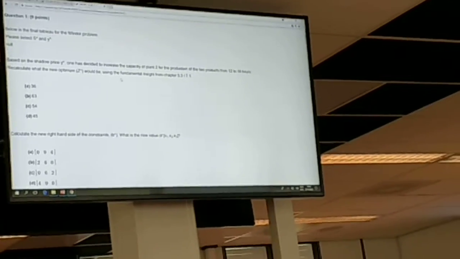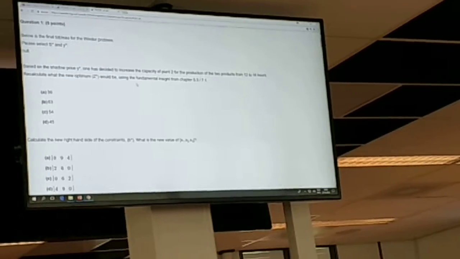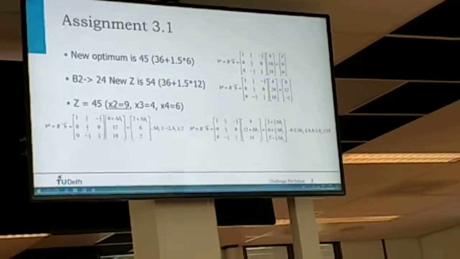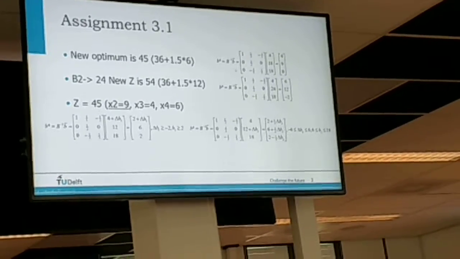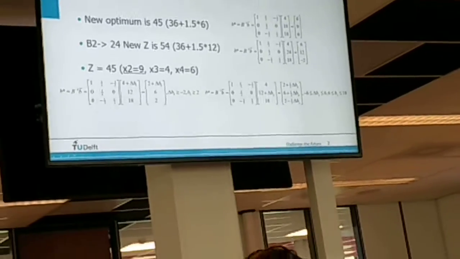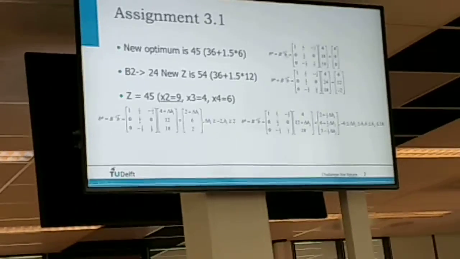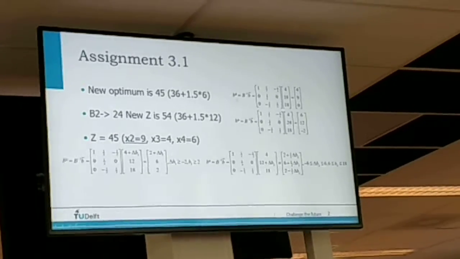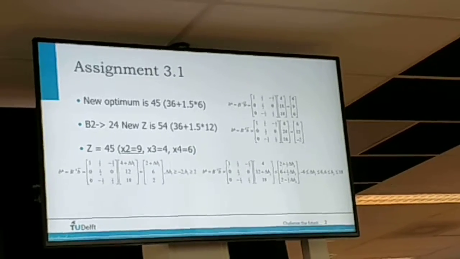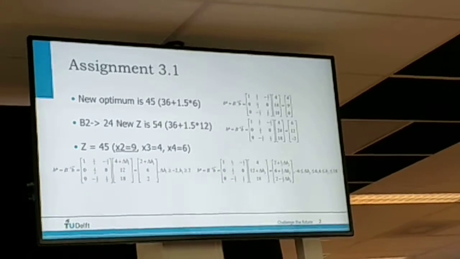In that case, what we can do is multiply the shadow price, y star, with the new right-hand side. Or in this case, no, sorry, we take our modified b, so we multiply by b minus 1, and there we get our new right-hand side. So we can simply recalculate it, and this is on page